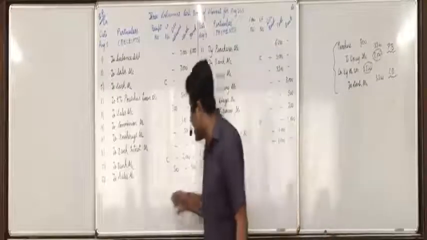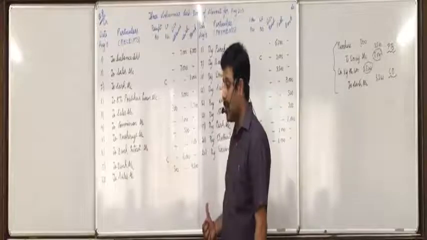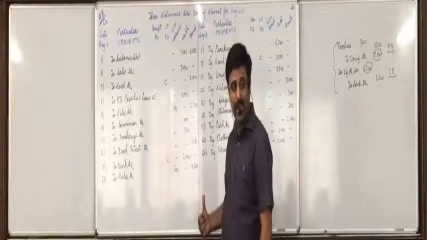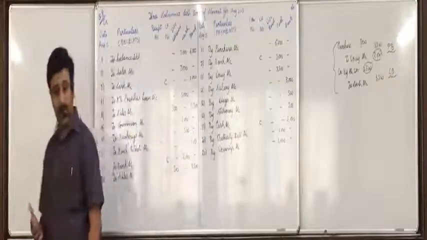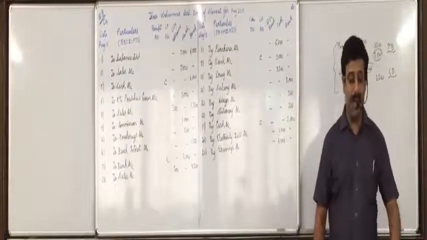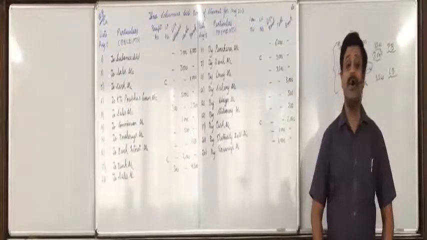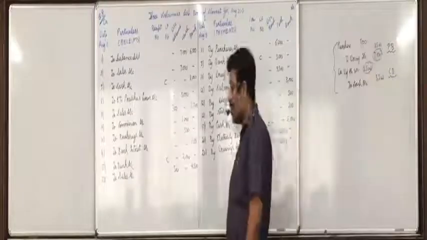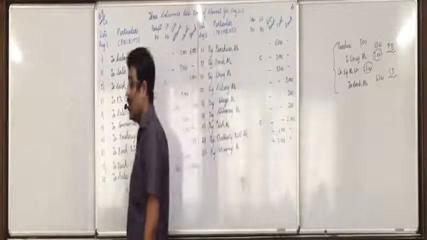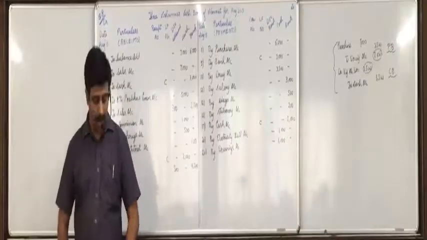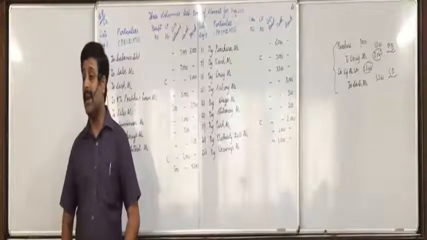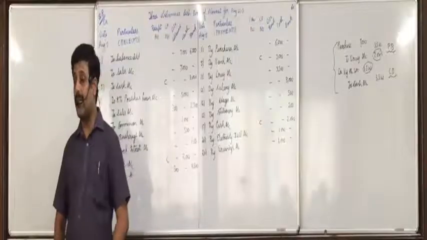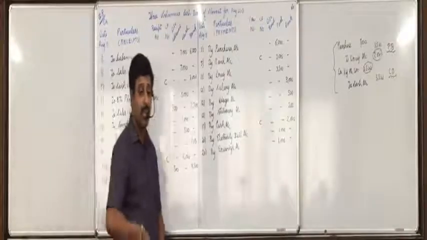Reverse the entry means don't exactly reverse it back. Okay, you'll reverse it and write on the opposite side, but in particulars you'll write the name of the person. Understood that portion? In the event of dishonor of check, reverse the earlier entries. Now why I am saying entries, that also understand it.